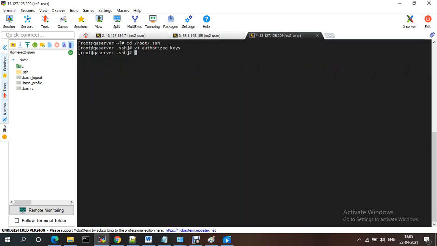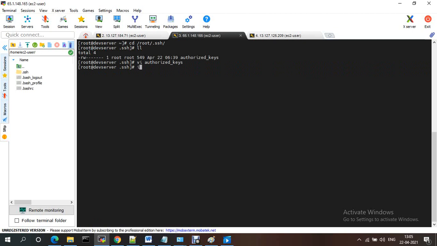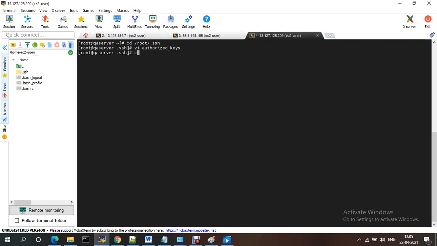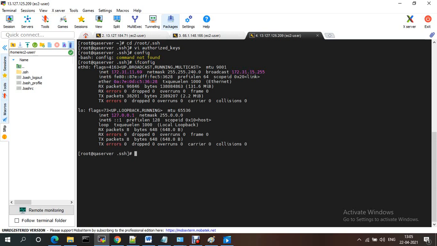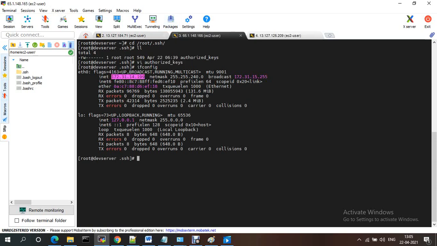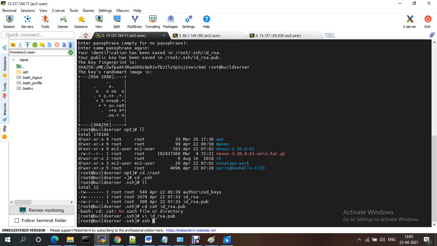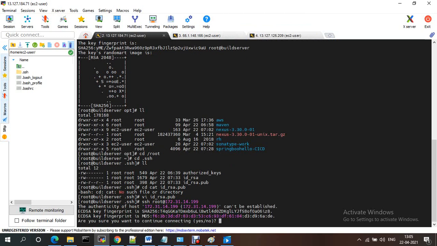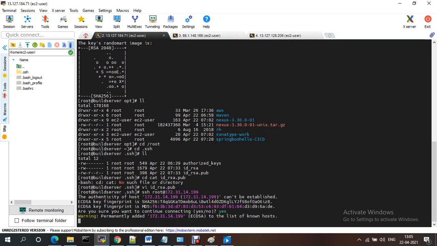Now I'm taking the IP of the server with ifconfig, and from here also ifconfig. I'm trying to SSH as the root user with the IP of the dev server. The first time it will ask to connect.